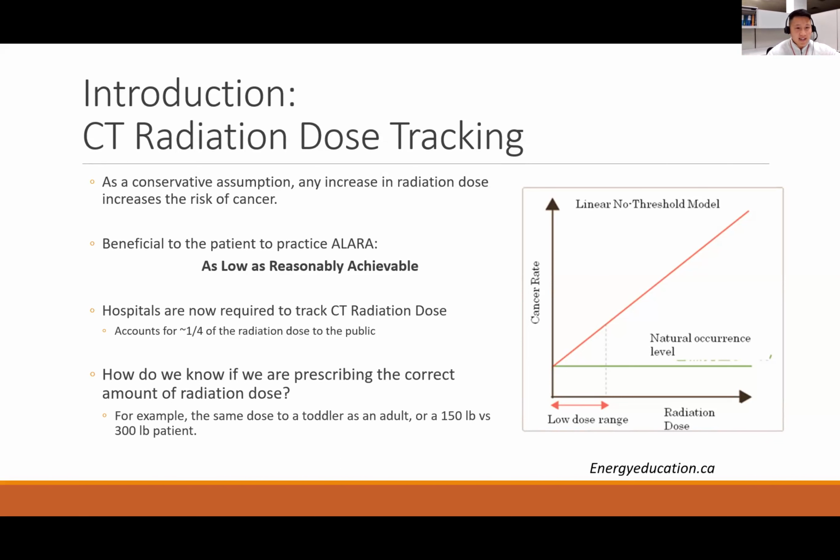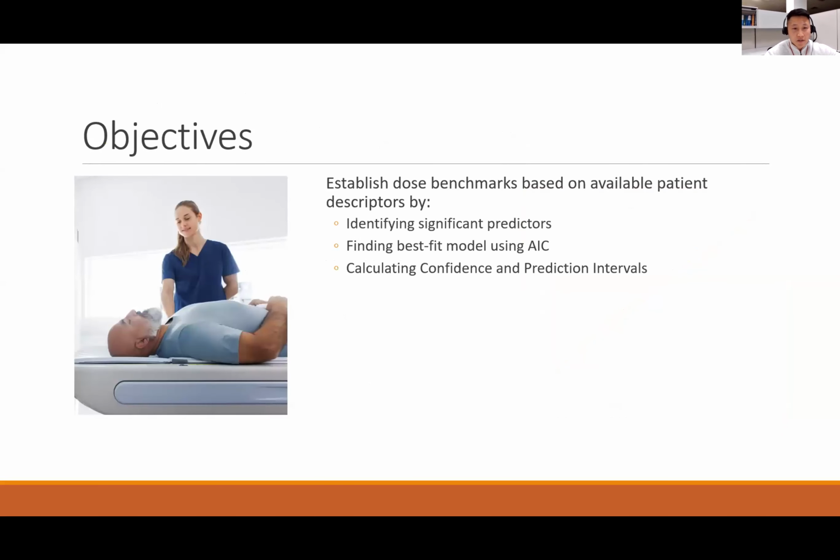I want to look at the data and see whether we are prescribing the correct amount of dose. For example, should we be using the same amount of radiation dose for a toddler as for an adult, or for a 150-pound patient versus a 300-pound patient? So my objective is to establish dose benchmarks based on the available patient descriptors,